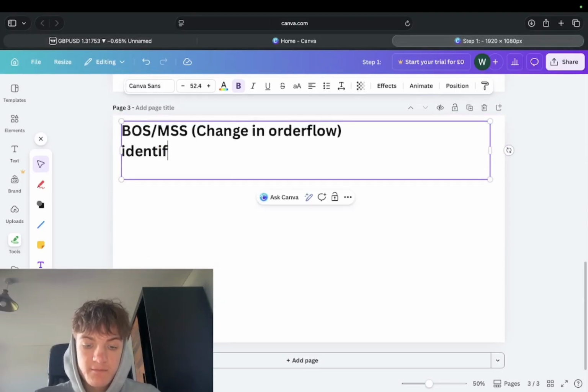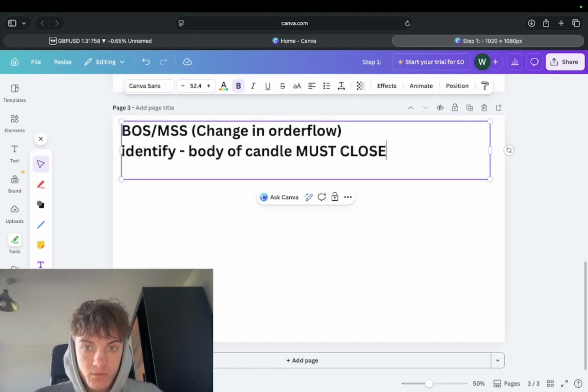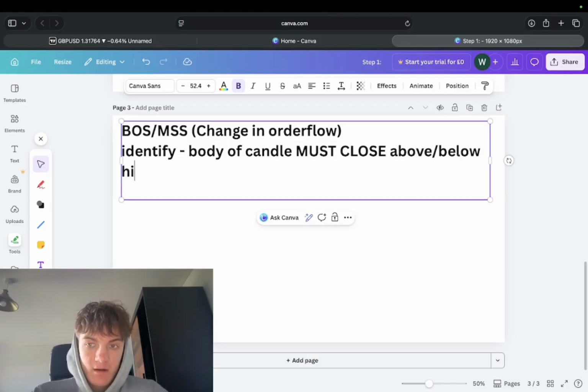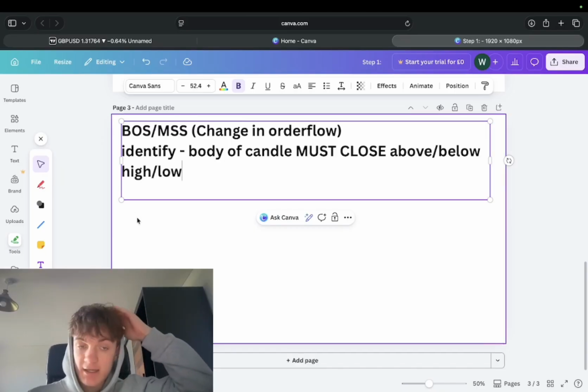Identify: body of candle must close above or below the high or low, depending which way you want the break of structure to happen. Okay,